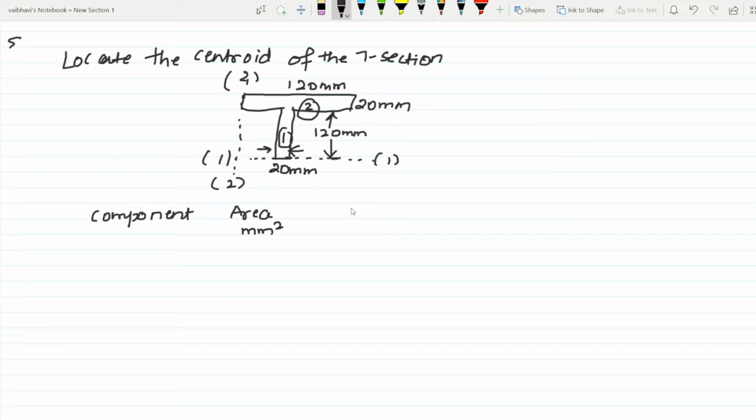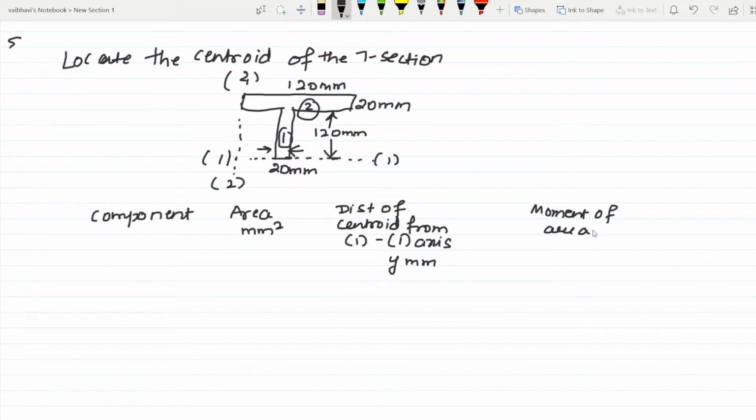Next we have to find the distance of the centroid of each area from axis 1, that is y in mm, and next the moment of area about axis 1, that is ay in mm cube. First let us take rectangle 1,